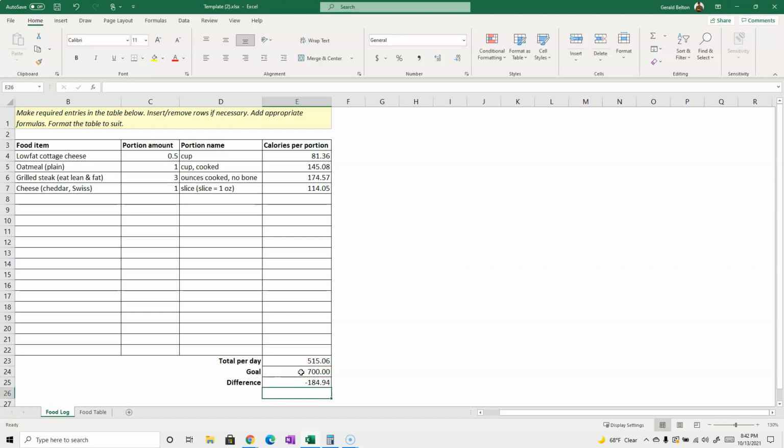I'm 185 calories short of what I should have eaten. That's the basics of how Excel works, right? And I could change this to a cup of cottage cheese. I got closer to my goal. So now let's look at